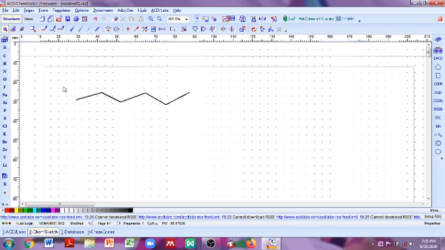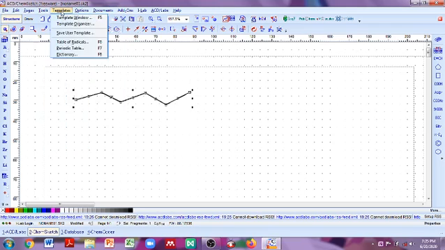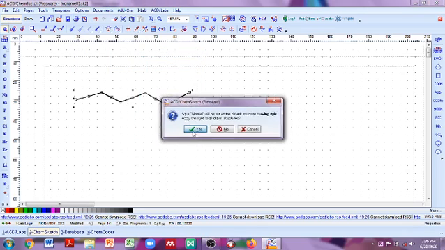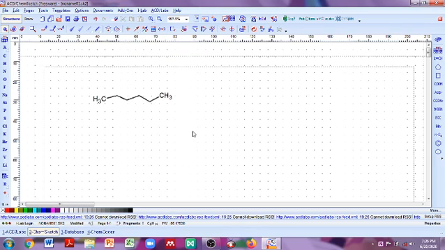If we change in the options, set structure style, this is a similar style. If we change to normal, what happens? See, now this will show you the methyl group at the end. So obviously these are only different kinds of representations, otherwise all are the same. If you want to show the hydrogen, click on hydrogen, click on carbon and drag it. So this is hydrogen. Obviously, 4 bonds are there.